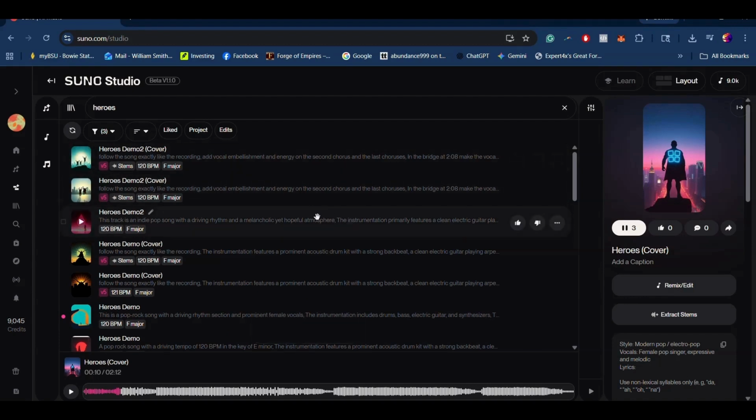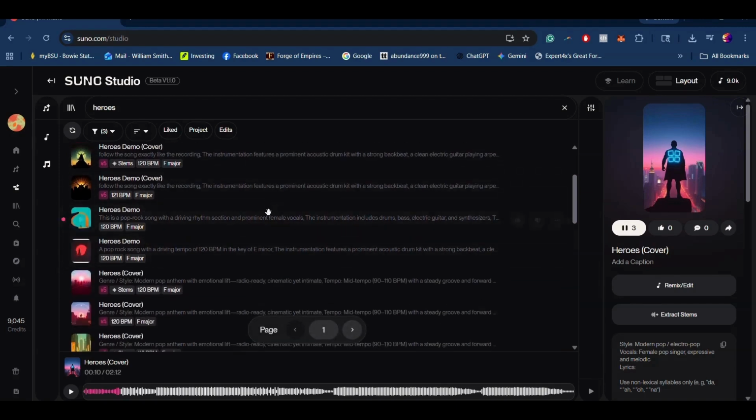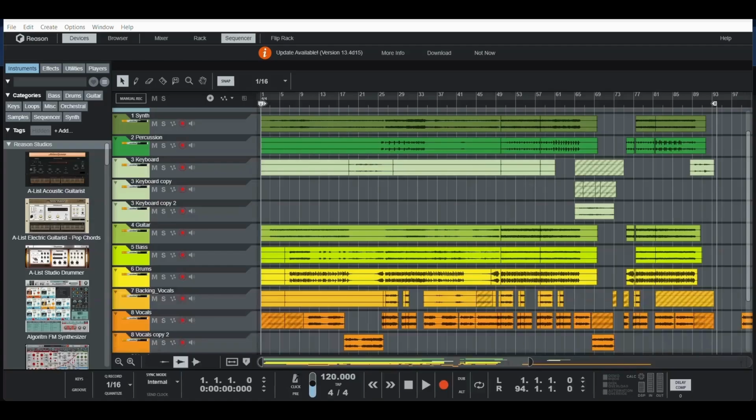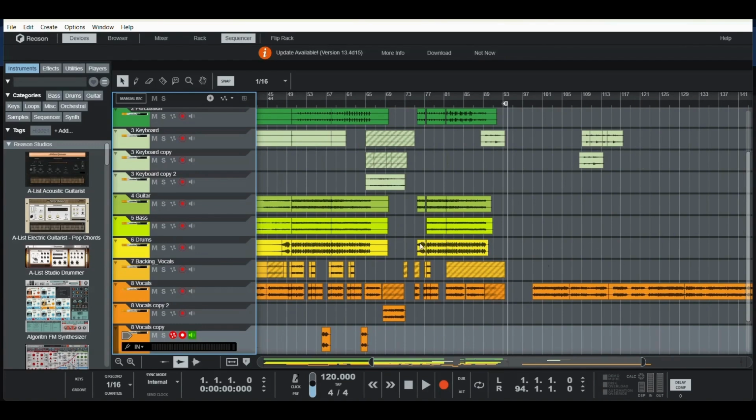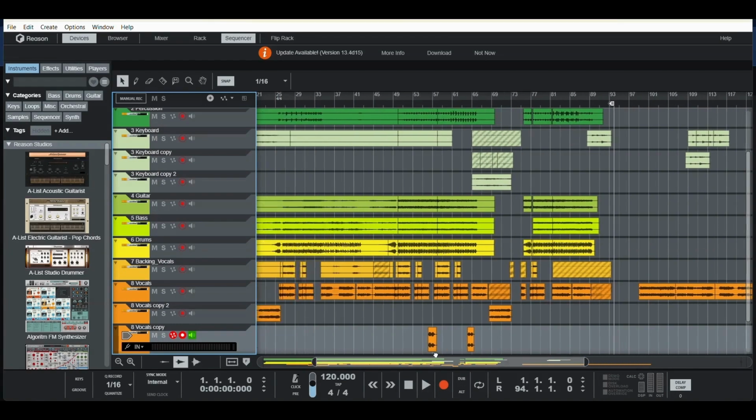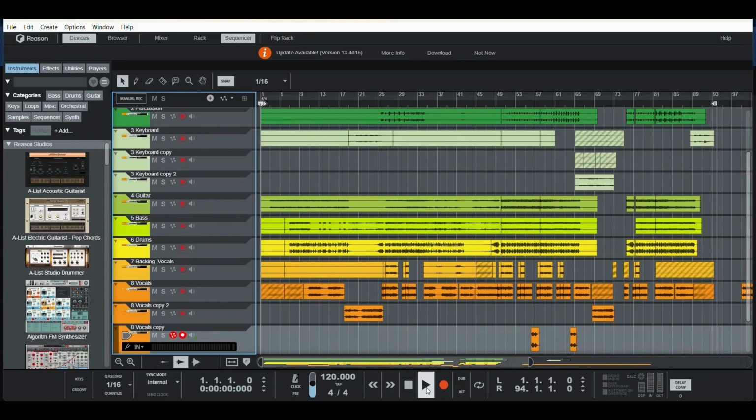And I had to piece together some of the vocals from these other versions and then sort of feed it back into Suno to get a final version. And this is the one that I have in my Reason session here. And as you can see, there's a lot of pieces. Some I've taken over and brought over to the side. And if you run the session,